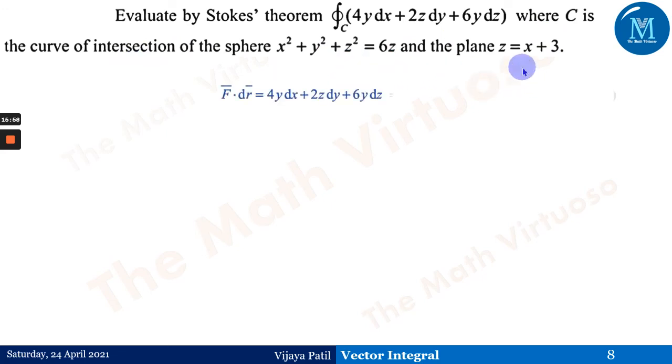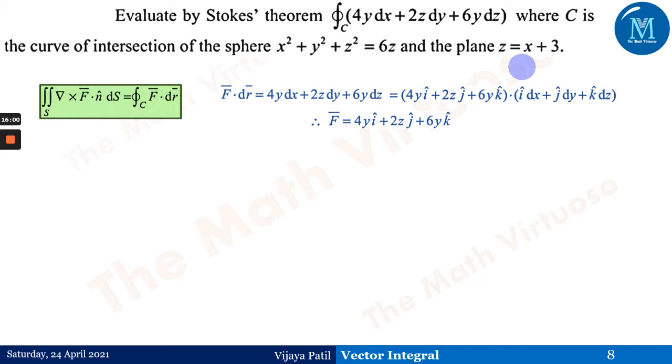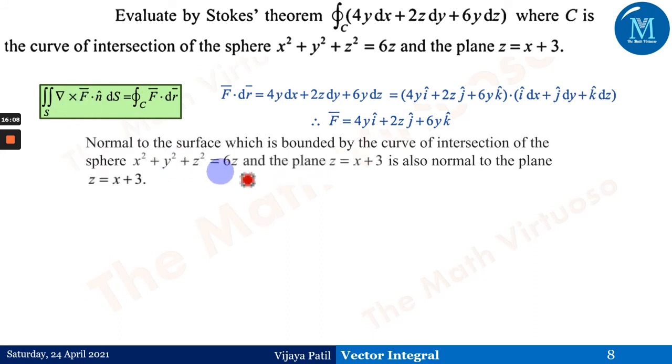Now F bar dot dr bar, as I have told you, this is the way you need to separate it out, F bar from this. This is the statement of Stokes theorem. Therefore, the normal to the surface which is bounded by the curve of intersection of the sphere